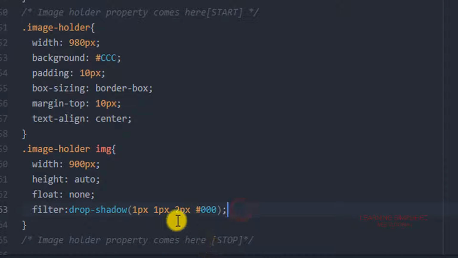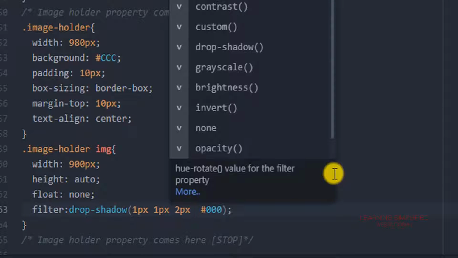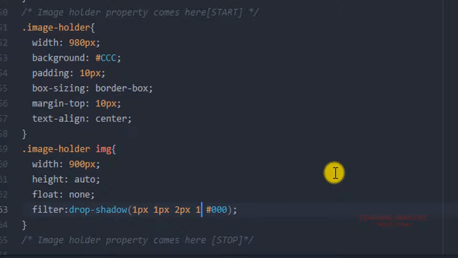Now we have provided this filter property of drop shadow with a horizontal value which is required, a vertical value which is another requirement, and the blurriness amount which is a required value. As a fourth parameter, we can provide the amount of spread of this filter property.